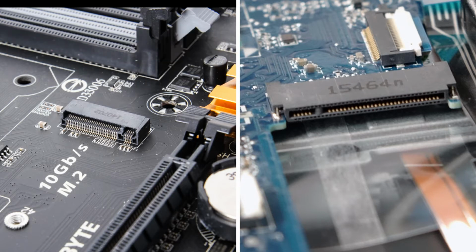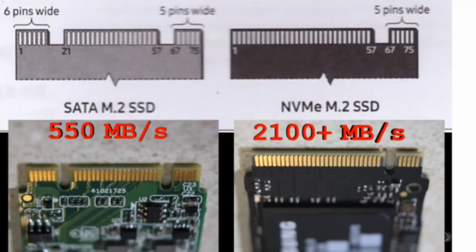There is a small difference between them. On SATA you see the barrier on the left side, whereas in NVMe you see the barrier on the right side. But when it comes to the SSD, on SATA M.2 you will have two holes, whereas on NVMe M.2 you will have a single hole on the right side. The key difference between these two slots is that NVMe tends to perform faster when compared to SATA, though there is not much of a difference. They both work pretty well and are far superior in performance when compared to your normal magnetic disk drives.